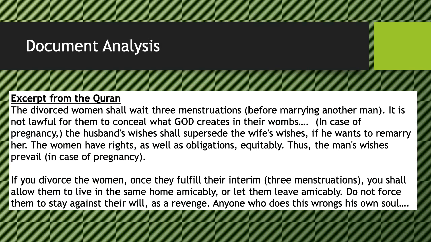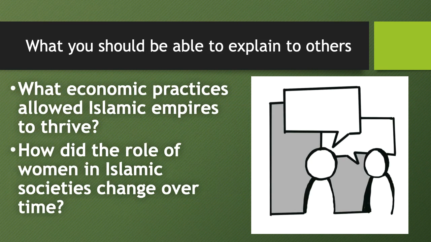One of the things we're going to learn in this course is how to analyze documents. And a lot of the questions, when we start taking AP style exams, you're going to see excerpts of primary source documents or secondary source documents, and then you're going to have to be able to answer questions. So here's another practice for you. You could just pause the slide and read this excerpt to see how the AP exam will test your knowledge on some of this material. So you'll be able to use what you read about women in the textbook and then analyze this document and answer questions on it. You're not going to do anything with it now. I'm just giving you this as an example of the type of skill that's to come.